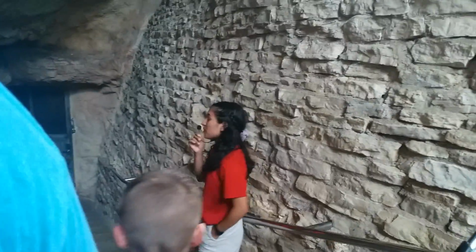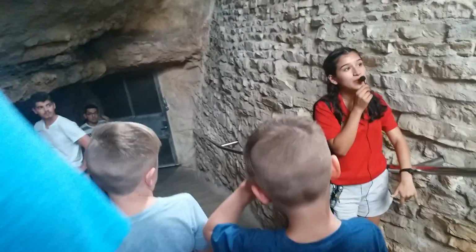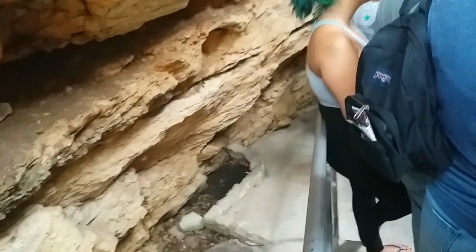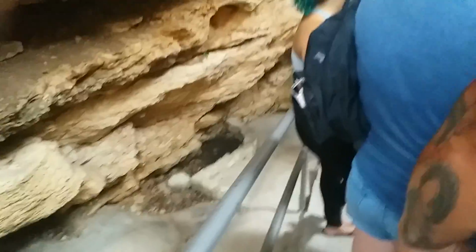Now, in just a moment, I am going to be taking y'all's picture, which will be available for purchase at the very end of y'all's tour. I'm going to be having y'all come down group by group to take y'all's picture, and then sending you off to wait at these glass set of doors. After you guys are done taking your picture, when you go down a ramp at the very bottom on the right-hand side, you're going to see a hole in the wall. That is our discovery entrance. It is going to be the original entryway into the rest of our cavern. As I mentioned, that crawl space is...